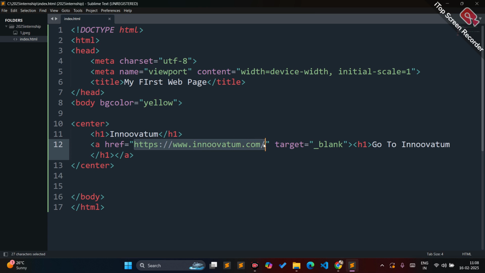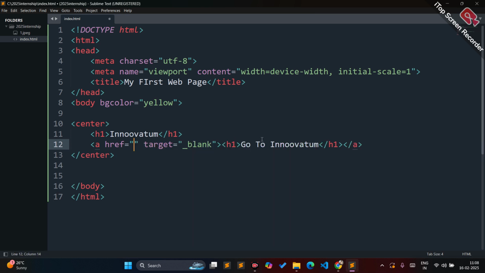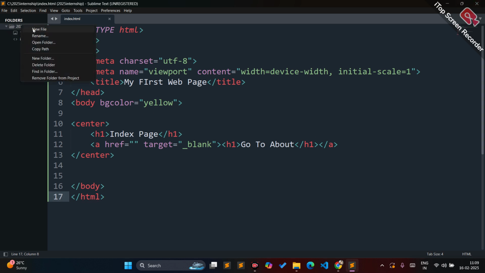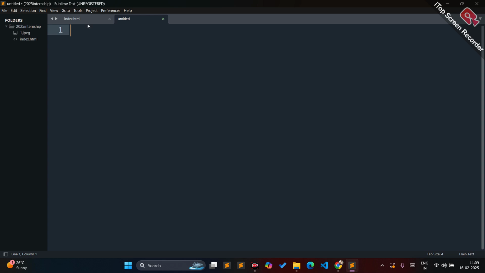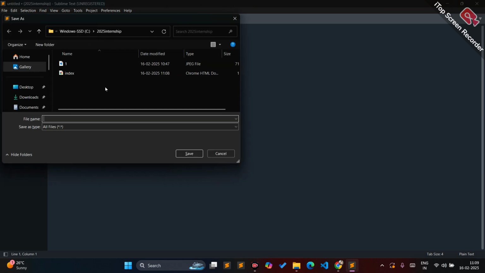Let me remove everything and check it out first. I'll be creating an about page. Go to about. Let me also change this to index page so that we can get a clear idea. Okay, so here I'll be creating a new file. Right click on it, new file, save the file, Control S, check that it is in the same folder,